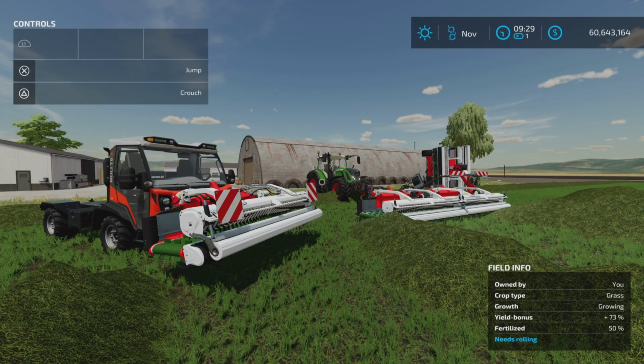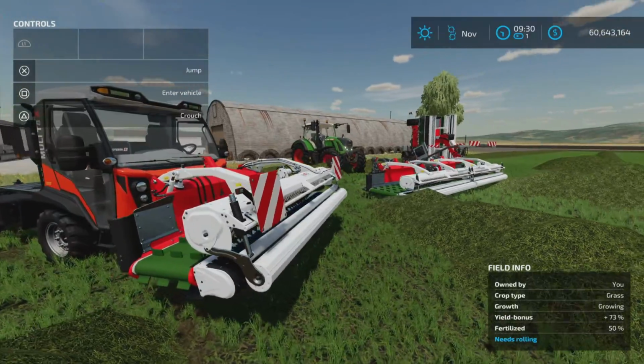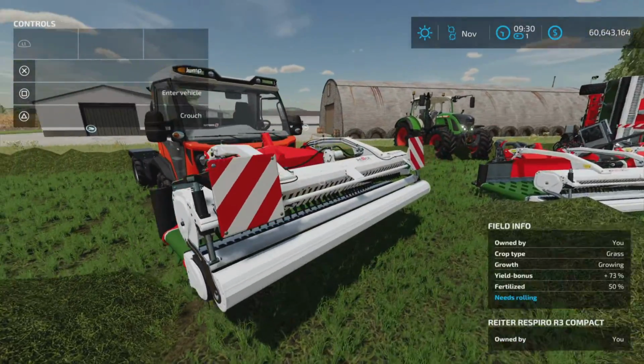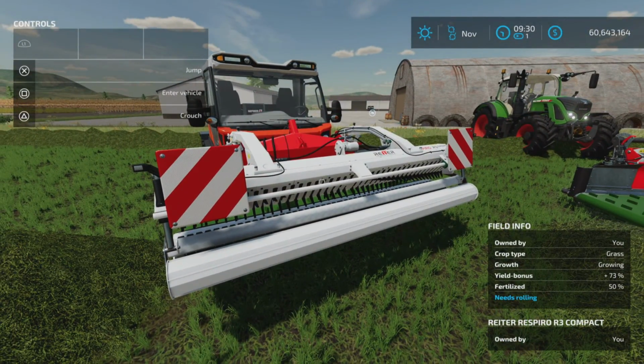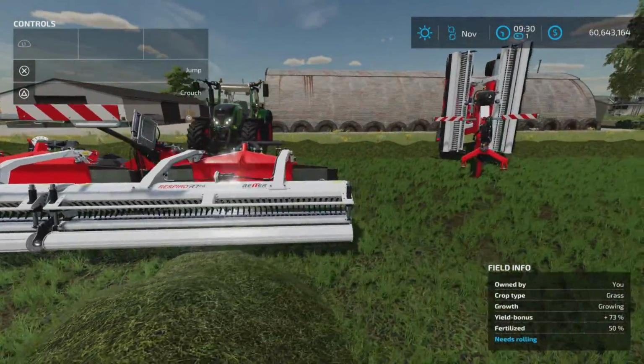Farm Guy here, and in this video we'll be looking at the 3 Reiter windrowers that are included in the Hay and Forage pack by Giant Software for Farming Simulator 22. Yes, words are difficult for me today. So we have 3. I'm going to call it a small, and 2 large